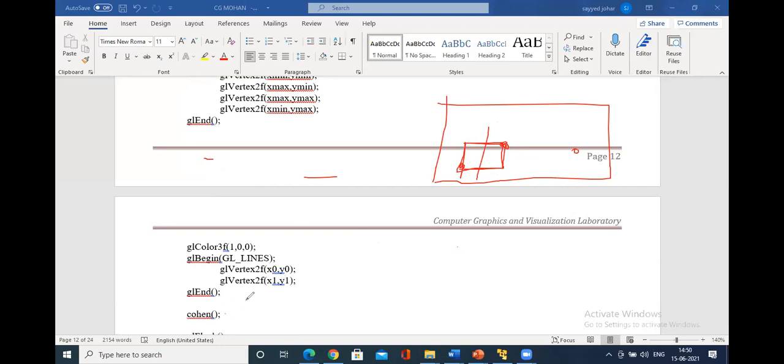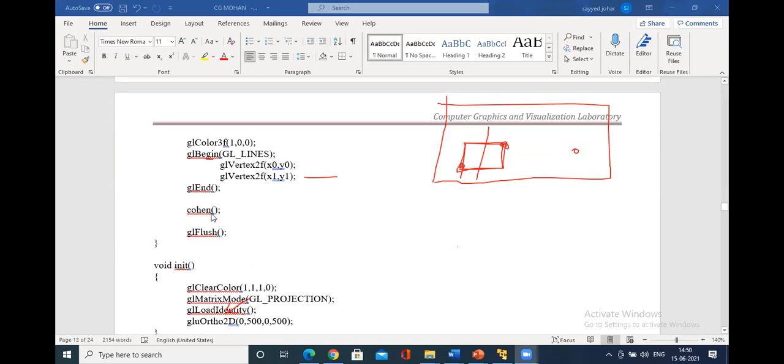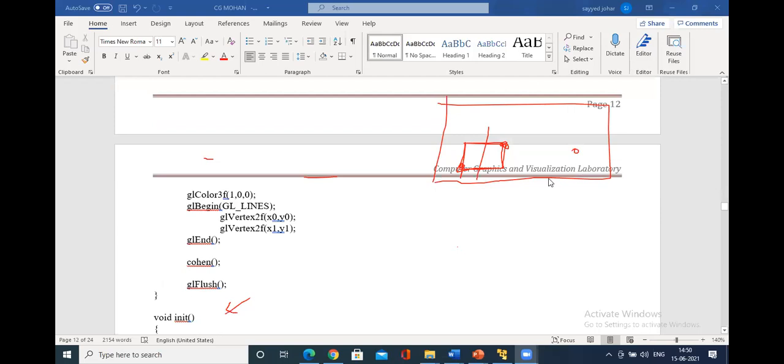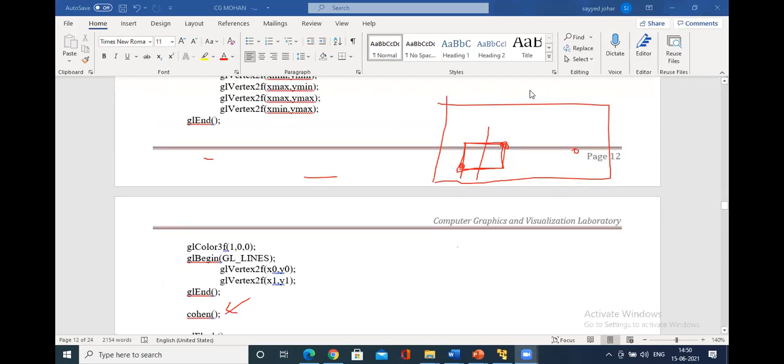Then you call Cohen-Sutherland. Cohen-Sutherland returns the clipped value. When it returns the value, you come out, right? What does the Cohen do? It clips the image, all of you. It clips the image, plots it on the viewport, and maps it to the clipped line. So this itself is the program ultimately.